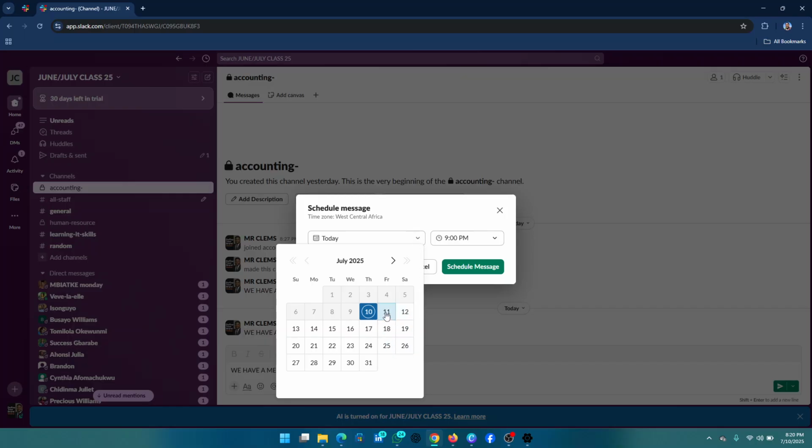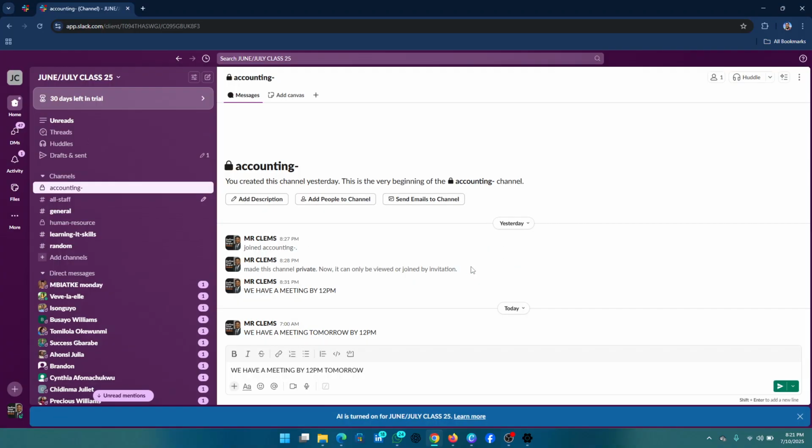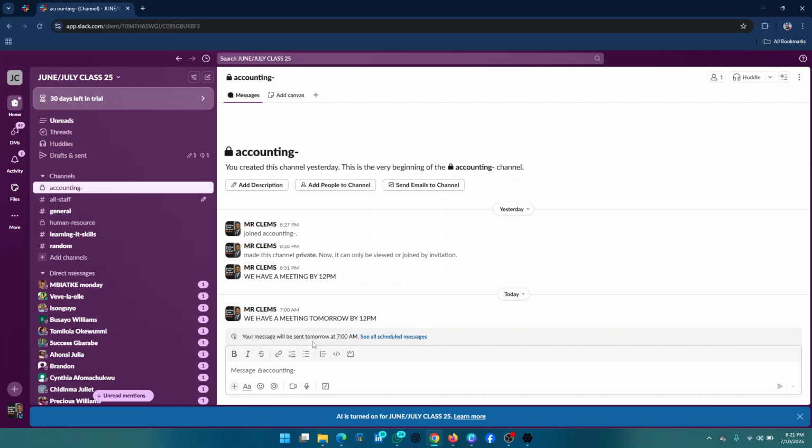At that point, what do I do? I'll click on 11, which is Friday, and click on 7 a.m. Okay, you choose 7 a.m. because I want the message to drop in the morning. Okay, tomorrow. Then you click on 7 a.m. and at that point, you schedule. Now you can see it says your message will be sent at 7 a.m. tomorrow. Then if you want to check all your scheduled messages for accounting department, you can easily come here and click this, see all scheduled messages, okay? Then